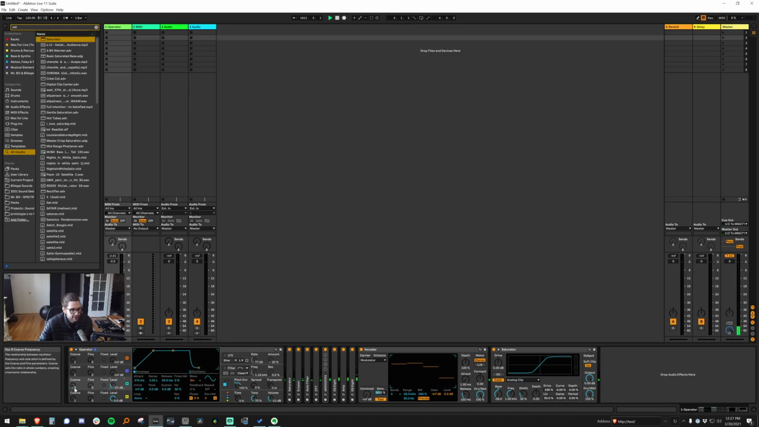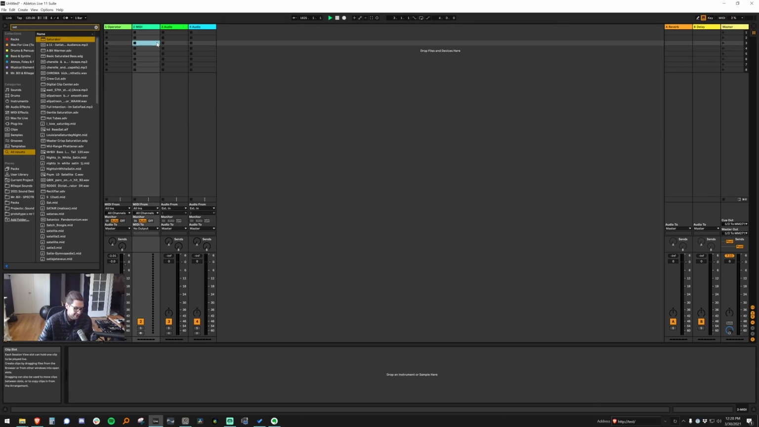Let's try and crank the coarse here. So yeah, you get the idea. It's a pretty interesting processing chain. So that's the main thing that I use this modulator mode for. But there's some other stuff you can do too. One thing I like to do sometimes